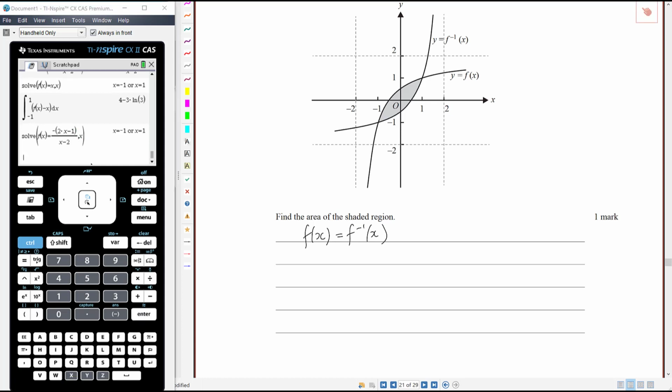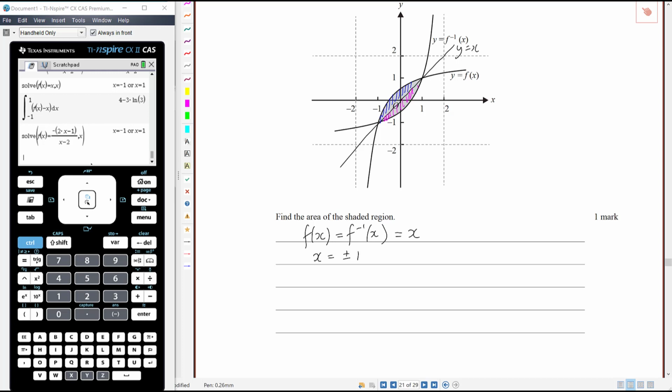Now actually, if I'd thought a little bit about this, I didn't actually need to do that, because we know that when an inverse and its original function intersect, that is because they intersect on the line y equals x. So we know that it's the same points we found in the previous question. The other thing we know is that these areas are going to be symmetric about the line y equals x, because it's a reflection in y equals x. So that blue area there, which we found in the previous part, is going to be the same as that